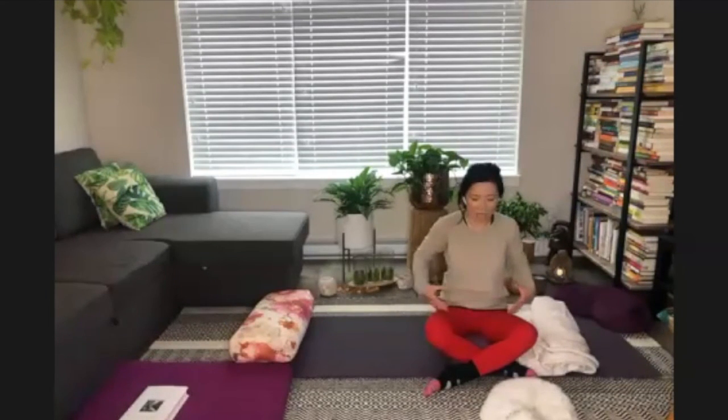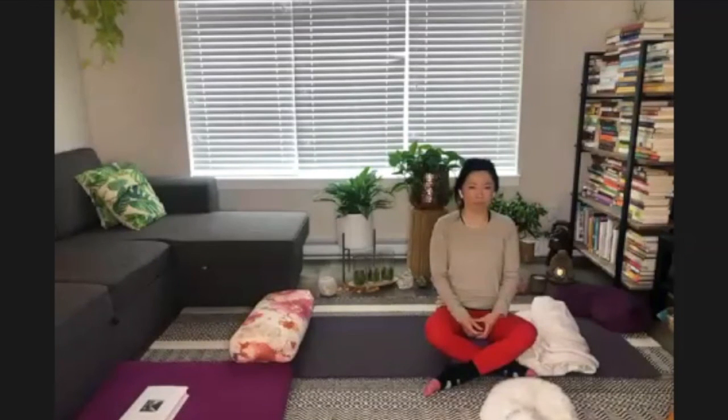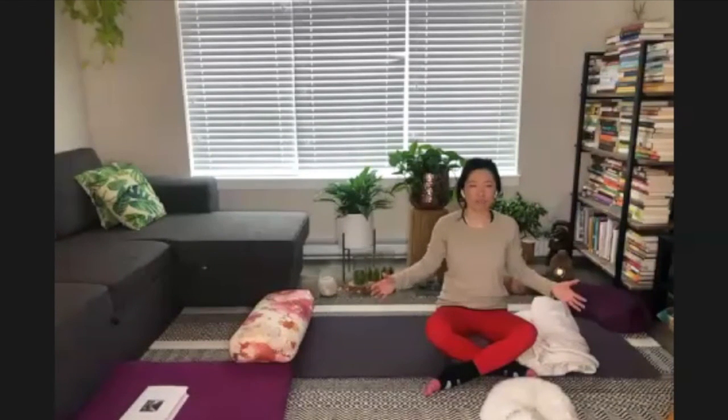And as you continue to breathe here, sensing the belly, the hips, and as you notice the breath expand and release, expand and release, letting the weight of the hips release towards the earth. And your breath continues to flow, noticing the expansion and the relaxation, expansion and relaxation